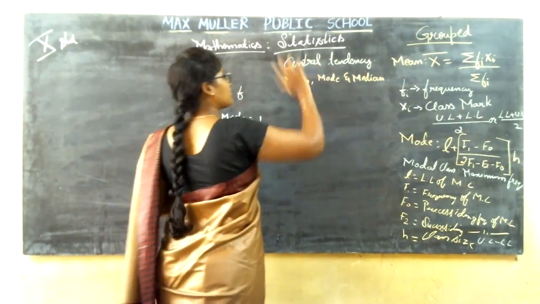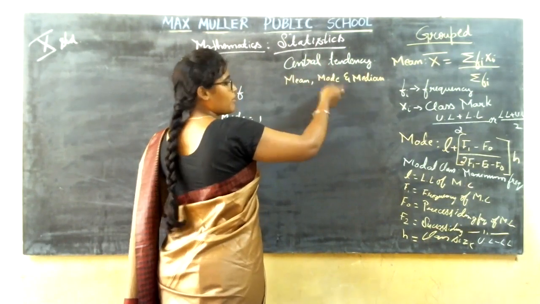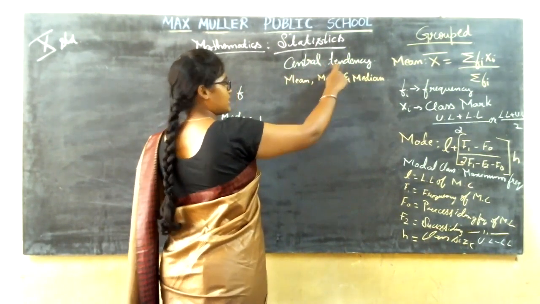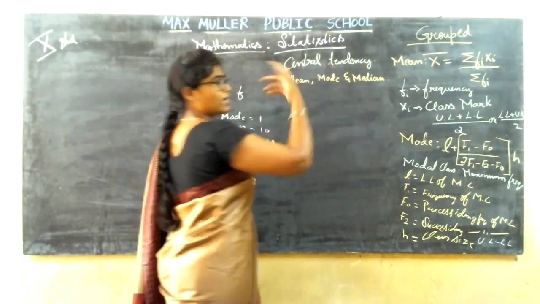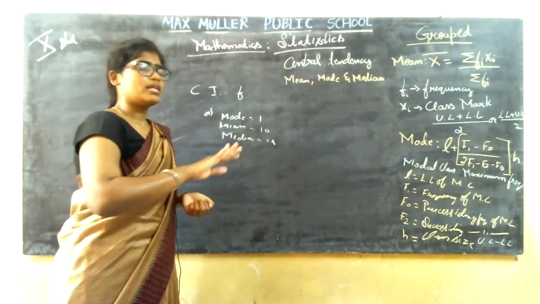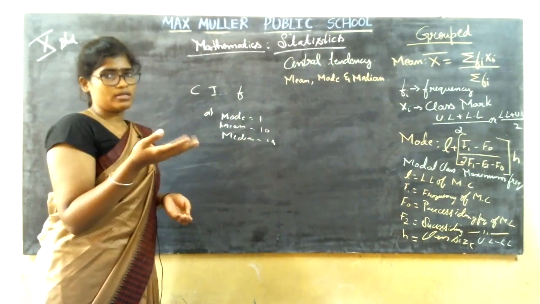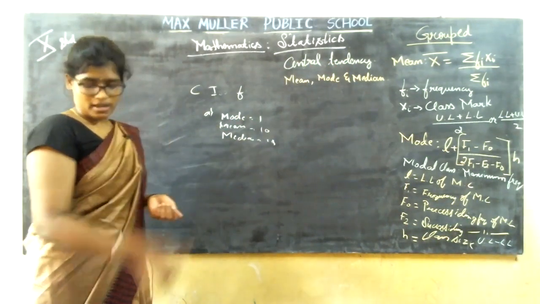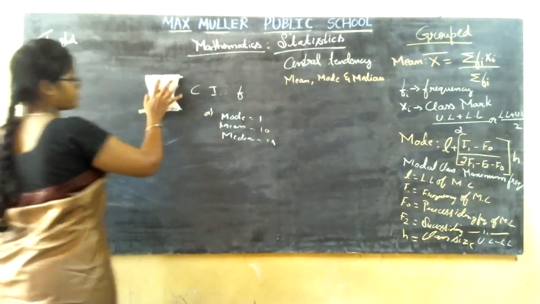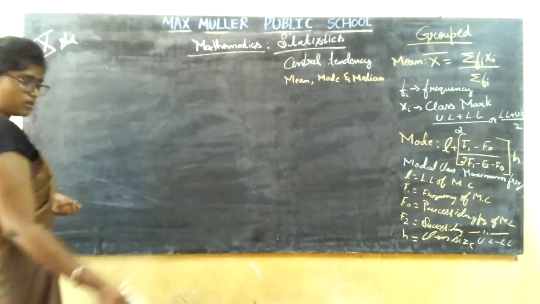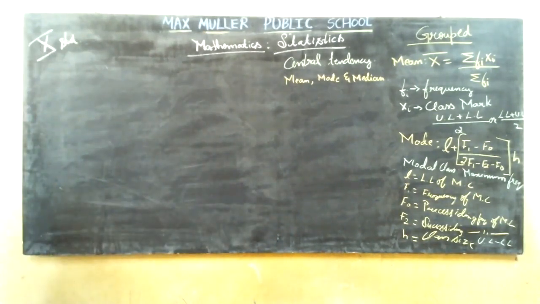When they are asking for more than one, that is mean and mode, or mode, mean and median, then it is the central tendency. When it is a combination of more than one unknown term, then it is called a central tendency. Okay, do not get confused with that. Many of them ask me what is that central tendency. So clear? Yes, if you are finding more than one.